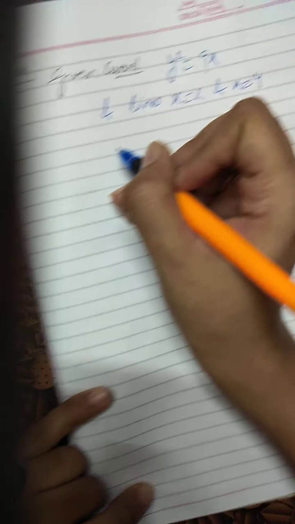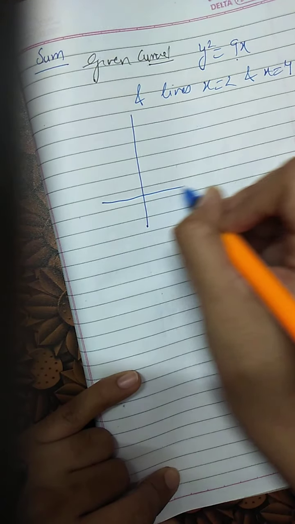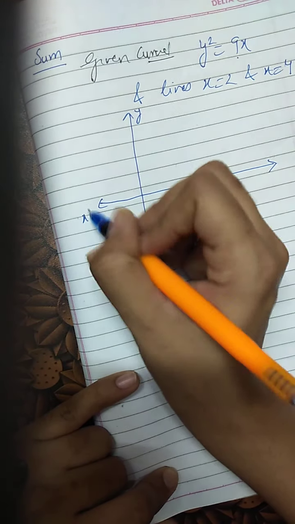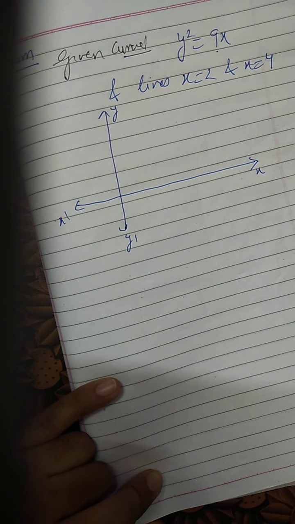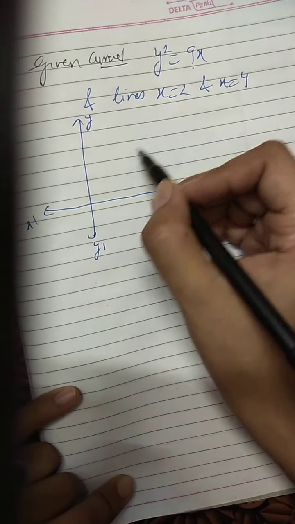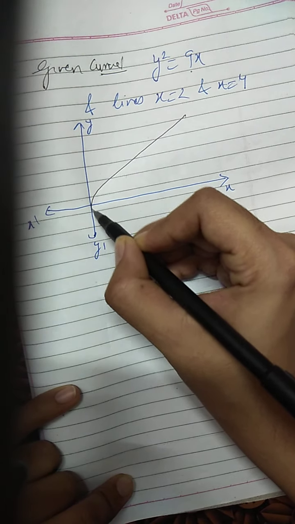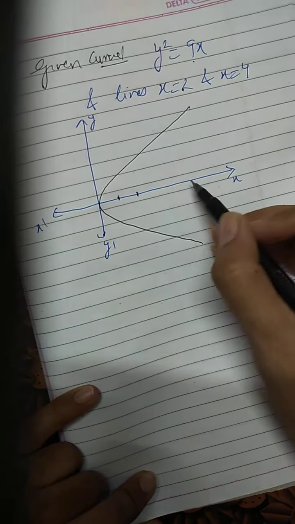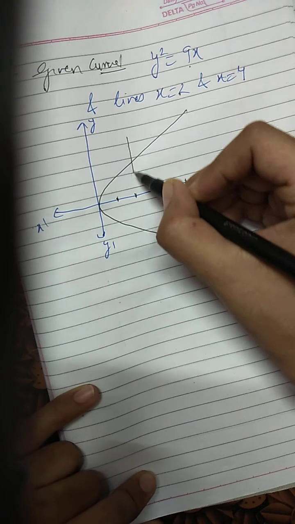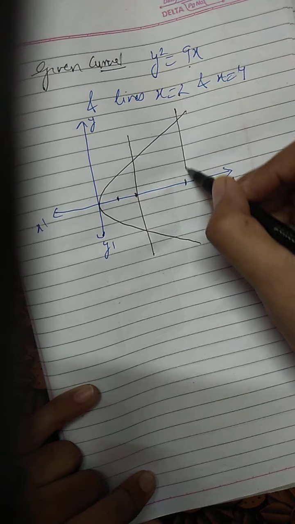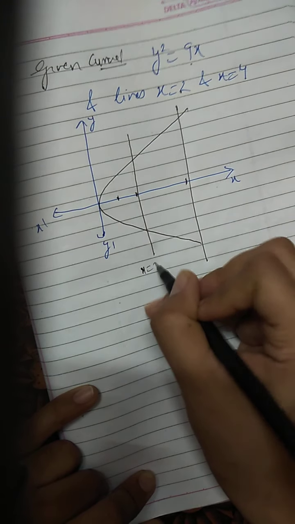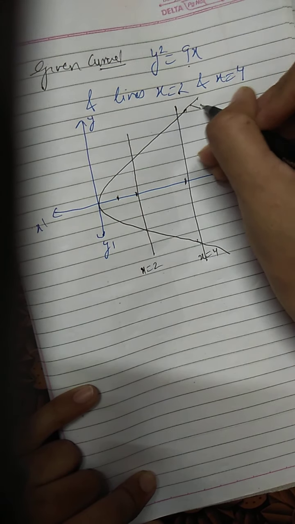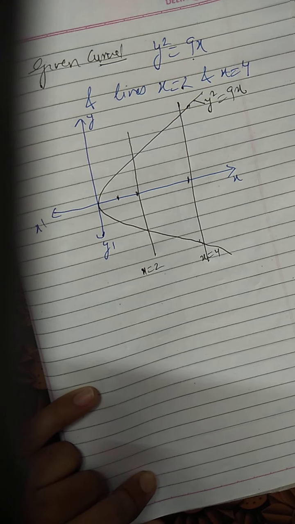I think if I just draw the rough sketch, you people can easily do this sum, as I will not be solving it completely. So here the curve is y square equals to 9x. Once again it is our right-handed parabola. The line is x equals to 2. So if this is 1, let it be 2 and here it is 4. We have x equals to 2 line and x equals to 4 line, and we will mention that this is the y square equals to 9x curve.